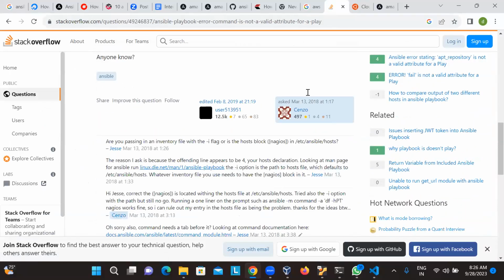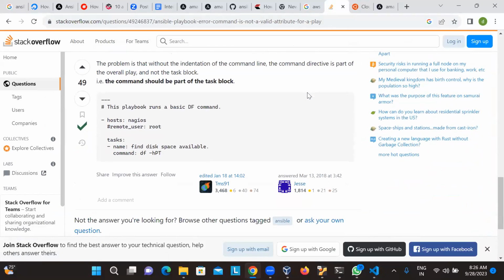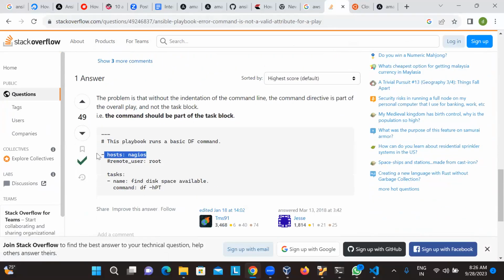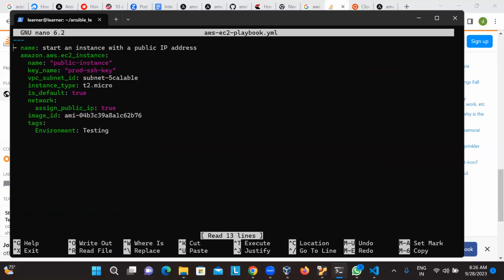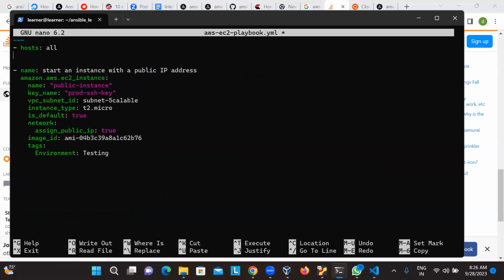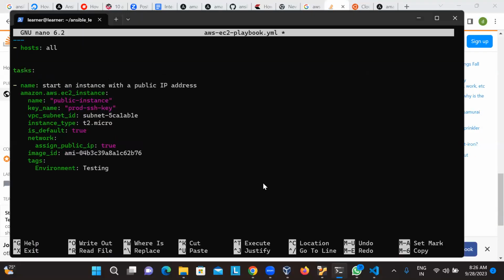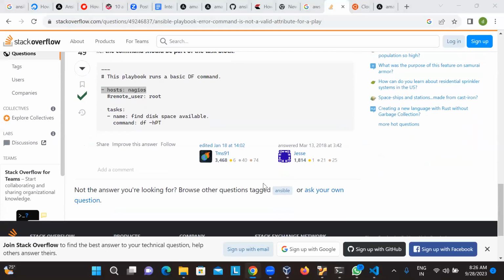But we have followed it, right? Tasks, hosts, and all the stuff we have done here. Let's add this parameter also here itself. Hosts all, and what else do we have? Tasks. Under the tasks, we do have this one, but still